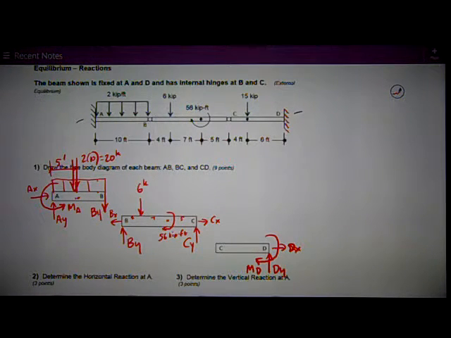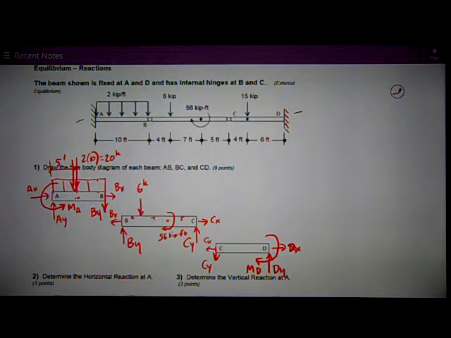And I assume BX to the left, so I'm going to assume BX to the right on member AB. Similarly, CY I assumed up on BC, so I'm going to assume CY down on CD. CX I assume to the left, to the right on BC, so I'm going to assume it to the left